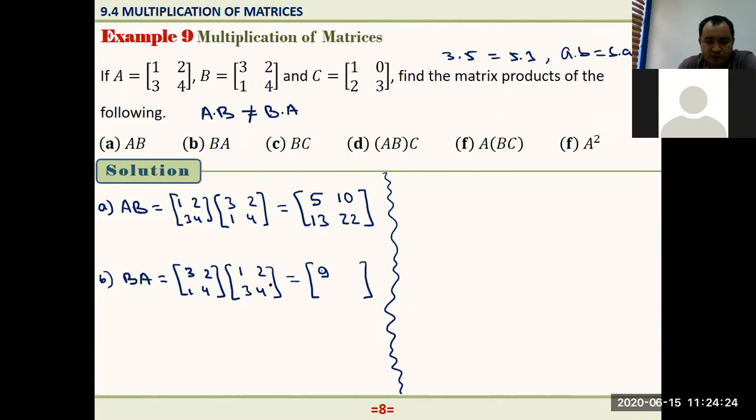Here, first row by the second column, 3 times 2, 6, 2 times 4, 8, 8 plus 6, 14. Done. Second row, now we need to multiply the second row by each column to write all the entries in the